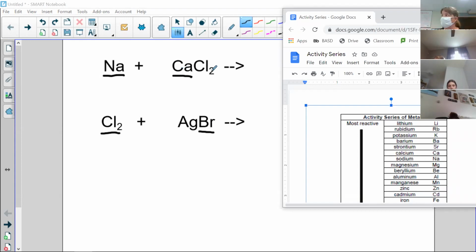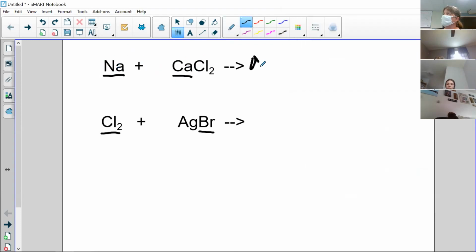So think of it as a fight. This person's trying to fight calcium to get chlorine's attention. Sodium, though, is below calcium, so it's not going to win. So in this case, because sodium is below calcium, you would write NR, and that would be the correct answer for no reaction. Here, we have to look at our non-metal chart, our activity series,